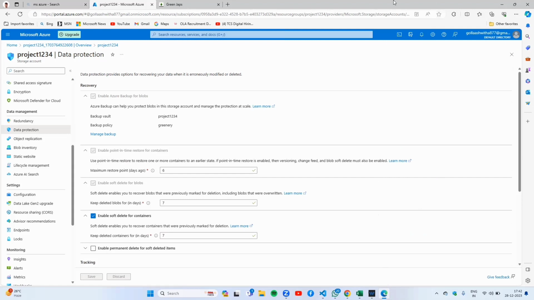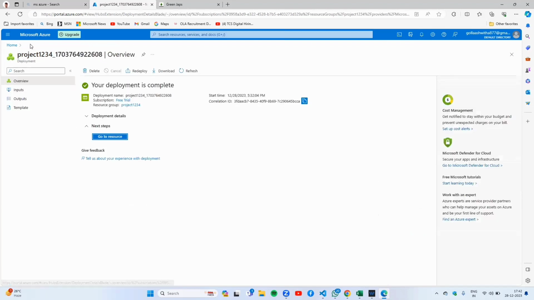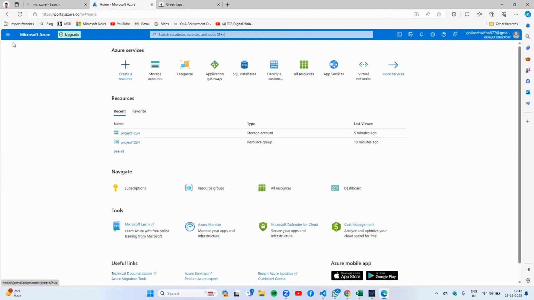Now, go to this page. Now again, click on home. Now two resources are completed. Now we are going to create the chatbot. For that,